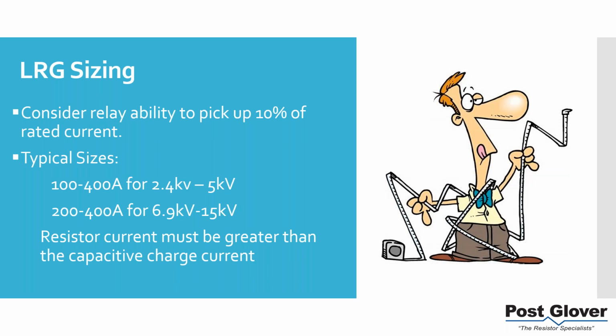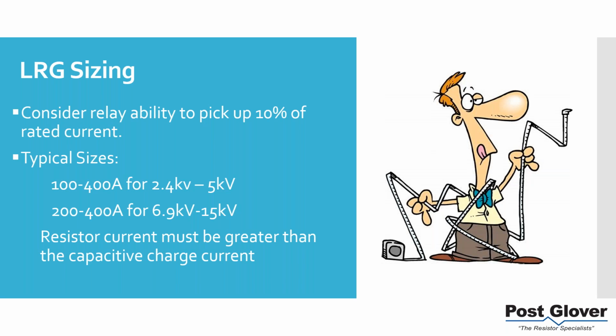Because if you have 50 amps flowing, eventually your resistor is going to fail, because you're higher than the rated current it's able to handle. So if you have large amounts of continuous current, I would just consult with the manufacturer